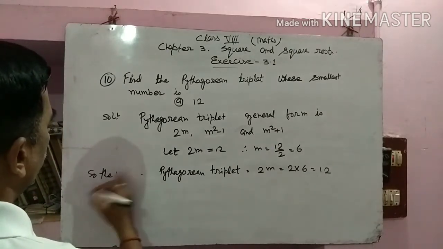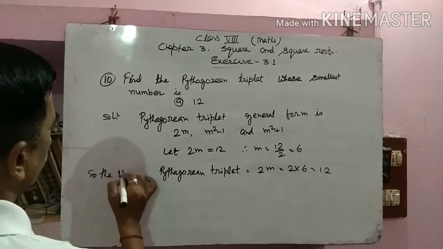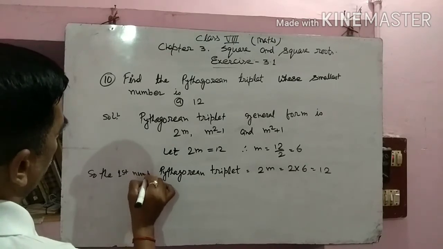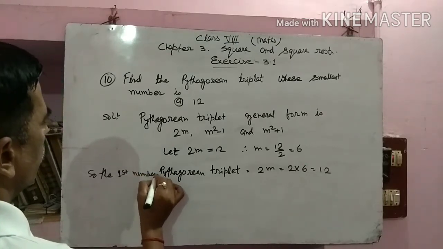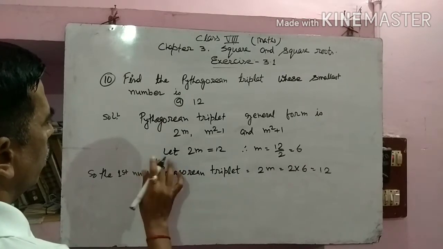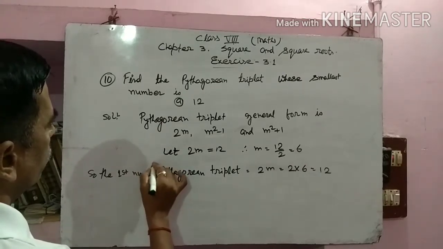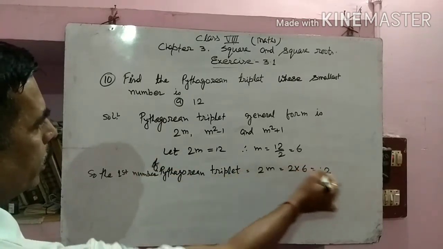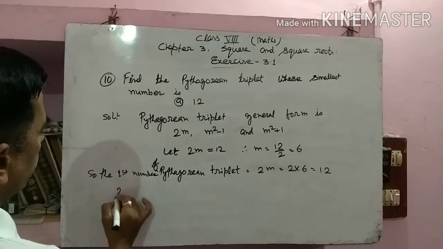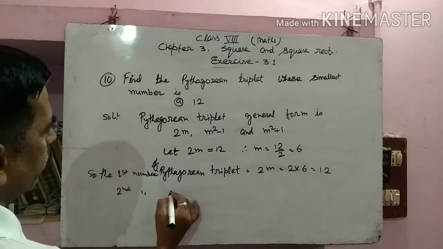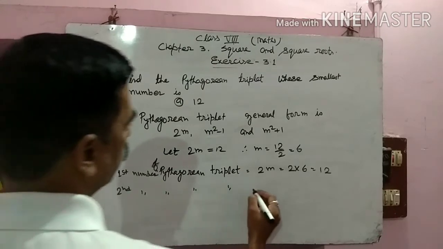So the first number of Pythagorean triplet is equal to this one. Similarly, the second number of Pythagorean triplet is equal to what we have written,